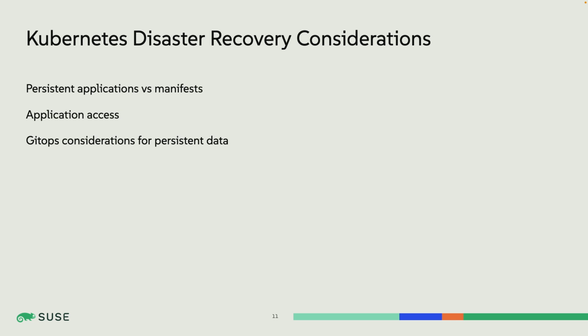Of course, and we're not going to talk as much about it today, but just as important as getting the data in the Kubernetes application over, is ensuring that you have access to that application, whether that's global load balancers or, in my case, often just swinging over DNS with automating Route 53, but some way of doing that.